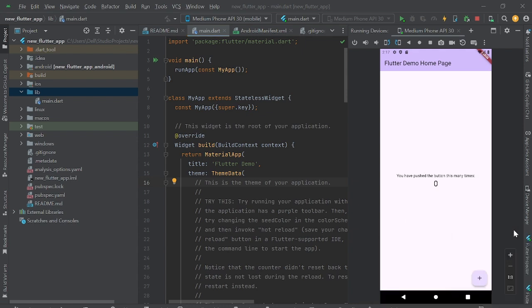ये ऐप का फंक्शनैलिटी इतना ही सा है कि वंस आई क्लिक ऑन दिस प्लस बटन, नंबर इंक्रीजेस। जैसे जैसे हम क्लिक करते जाएंगे, वो नंबर इंक्रीज करते जाएगा। ये एक सिंपल सा इम्प्लीमेंटेशन है, और हम लोग यहाँ पे स्टेट को मैनेज कर रहे हैं यूजिंग सेट स्टेट। हम लोग आगे देखेंगे सेट स्टेट क्या होता है।